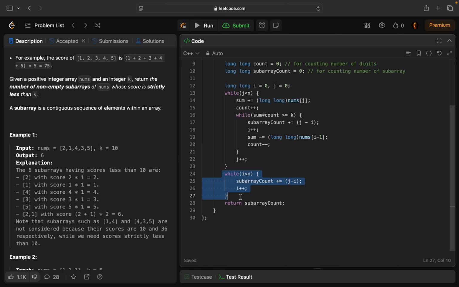And if you notice, I have added another while loop after this while loop. This is because if somehow j passes n, and i is yet behind n, then you have to calculate the subarrays between i and j. Like you have i at 4 and j past the 5. Then you have to calculate the subarrays formed by these three numbers. So just to calculate the subarrays, I have added another while loop and then return the subarray count. For instance, if we submit this again,